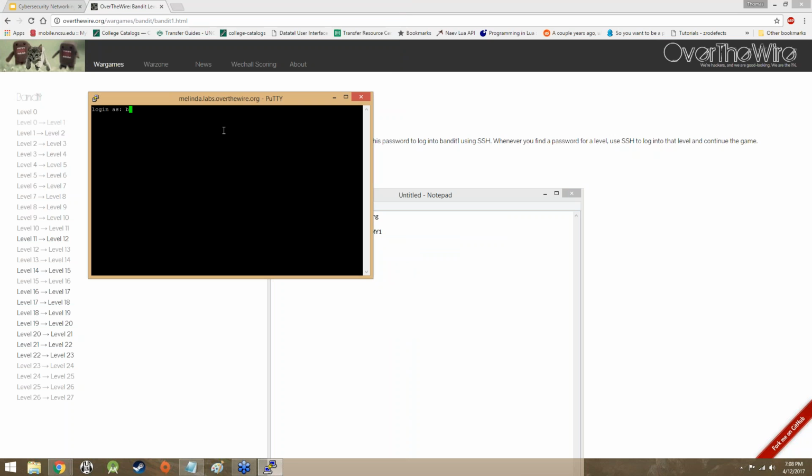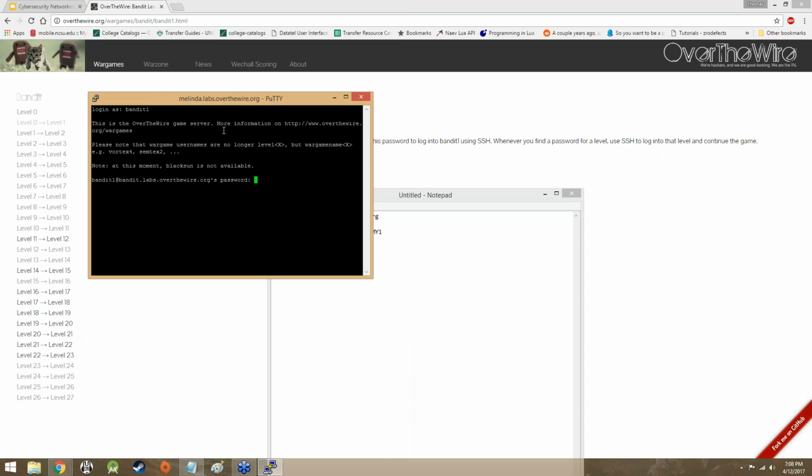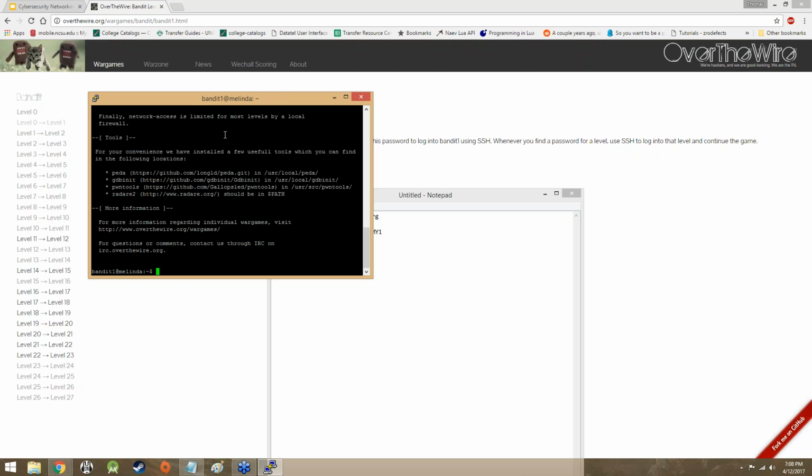Reconnect. And now I'm going to connect as Bandit1. It's going to ask for the password, which is what we got in the last level. So I'm going to right-click. Right-click is paste in PuTTY. Hit enter. And there you go. Now we're in level 1. And maybe I went through that a little bit fast, but